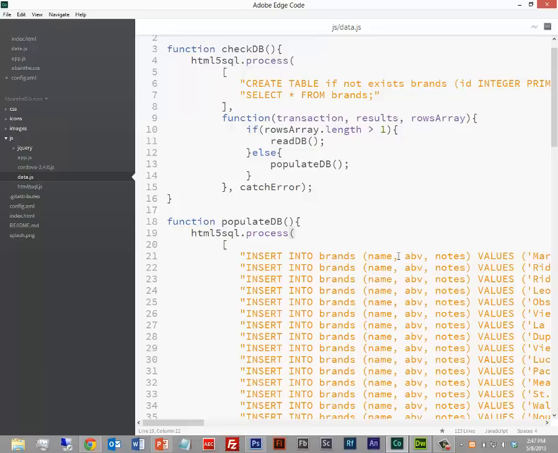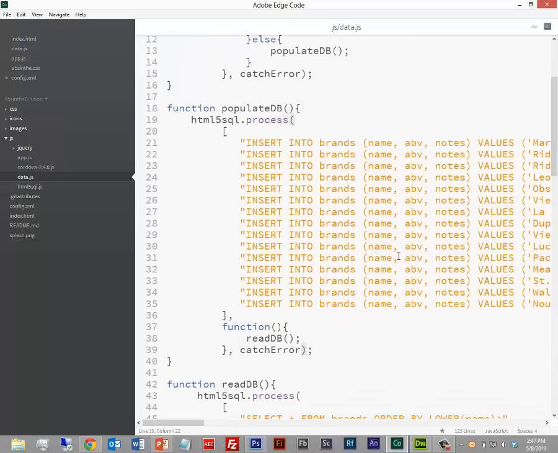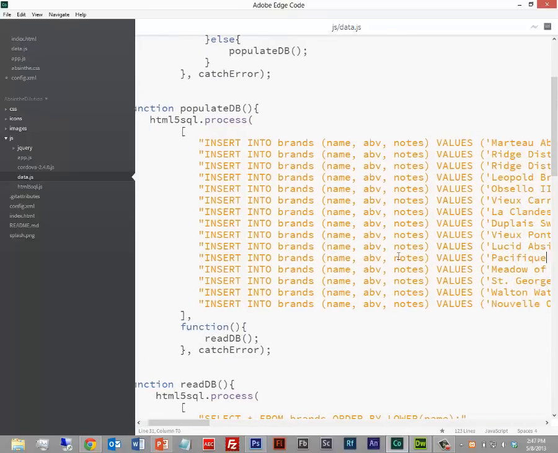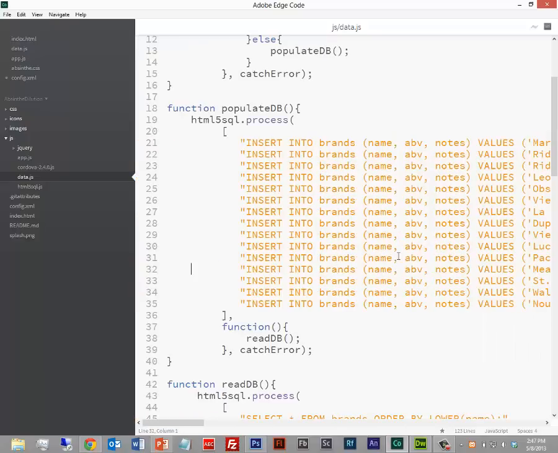If it does exist, it just moves on and reads the stuff from the database. If it doesn't exist, it'll go through, create the database for me, and then I run this populate database command, where I've set up a number of accents that are popular here in the United States. And it will go through and pre-populate my database with those accents.